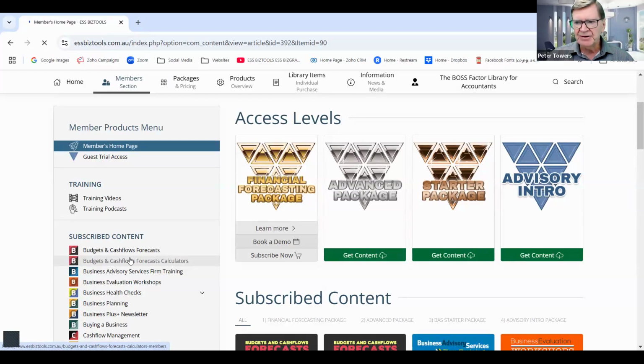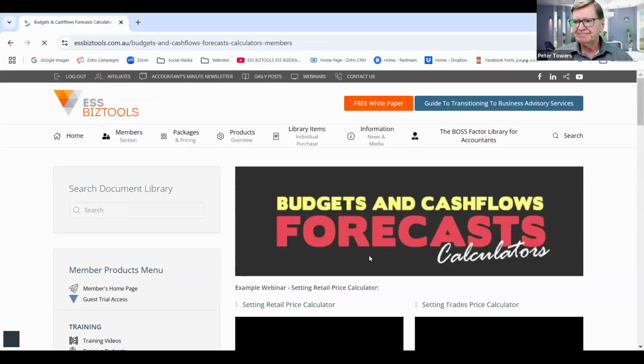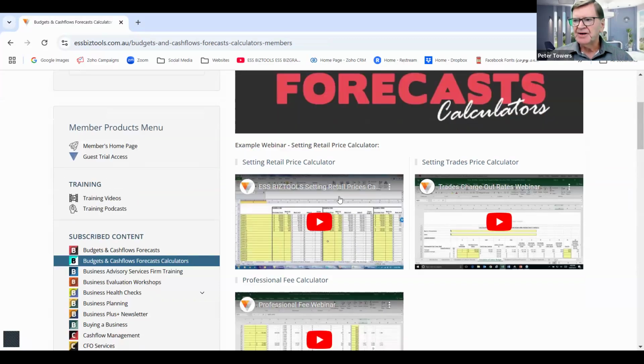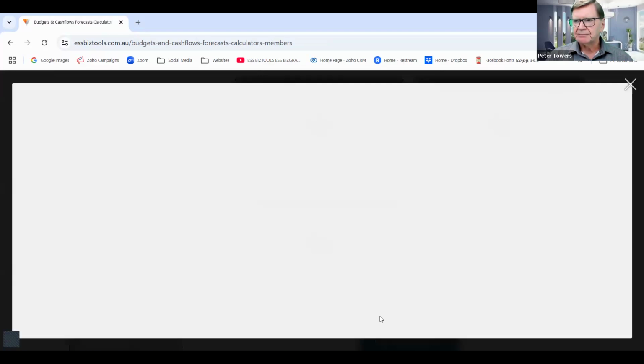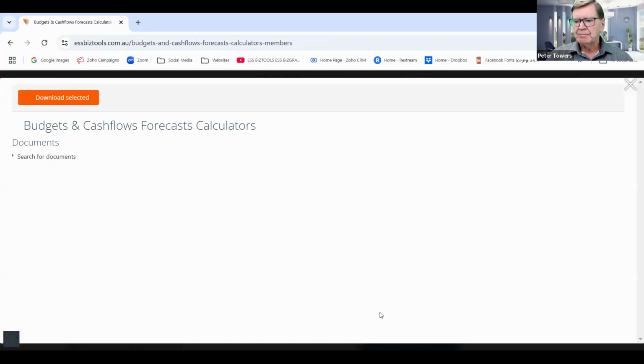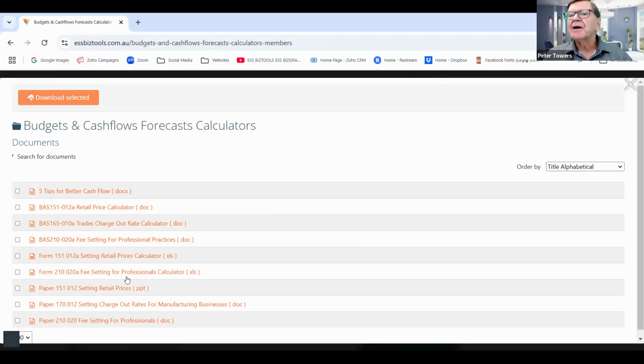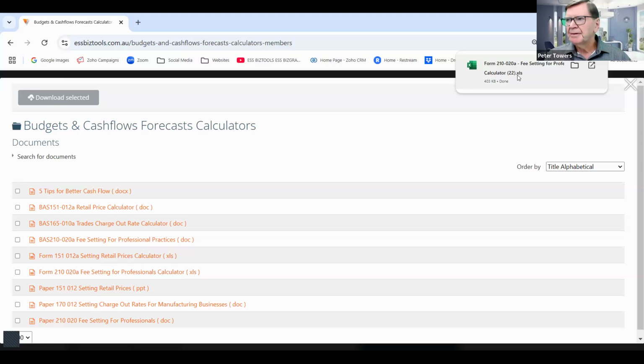Now I'm going to move in now, and we're going to go to the budgets and cash flow calculators. We have three main calculators within ESS BIZTOOLS. We have the setting retail prices, we have the tradies charge out rate calculator, and we have professional fee determination. So I'm going to the form that I know is the form for the